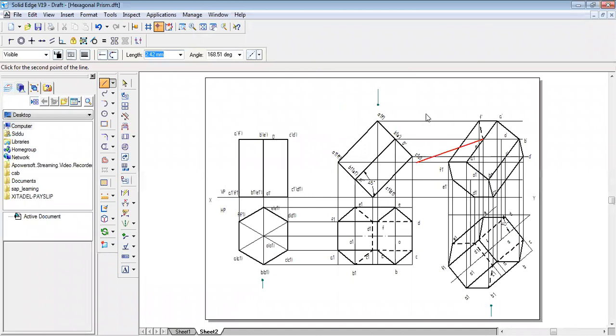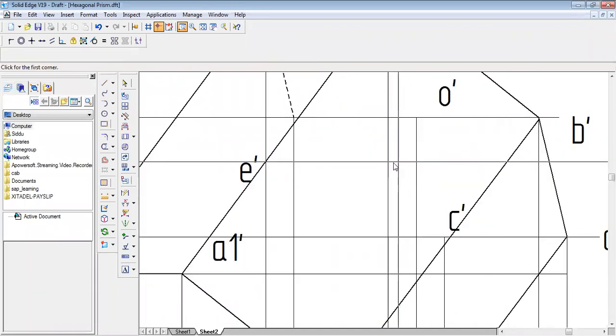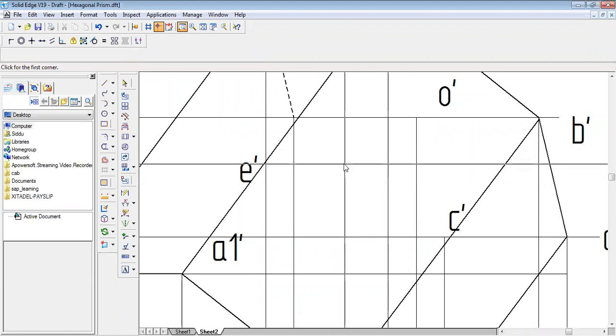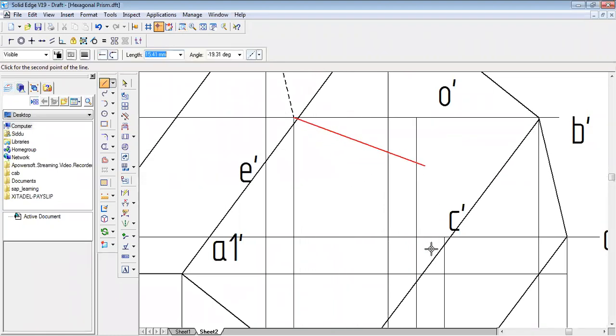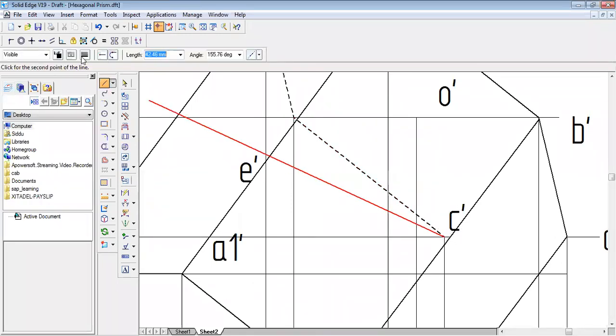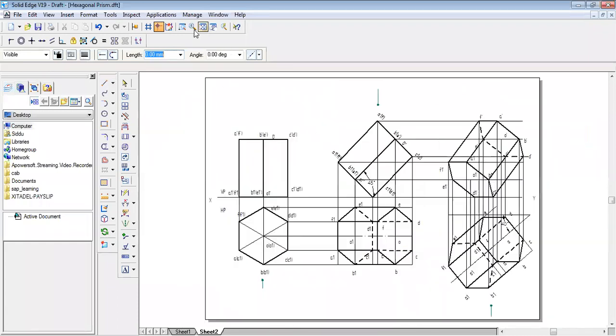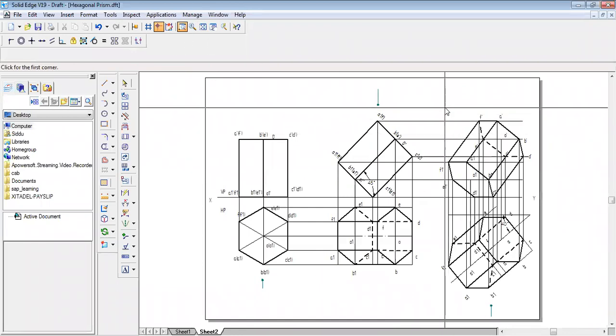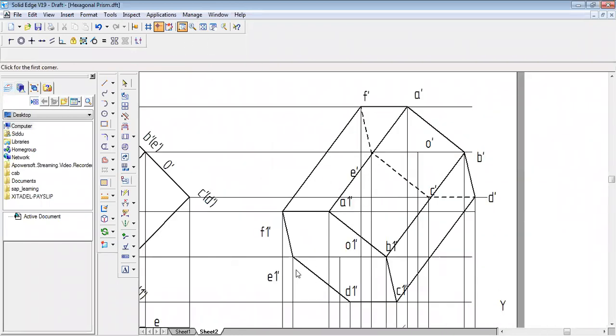Similarly, what you can just do is trim this. Right? So now it is almost very, very close to that, right?